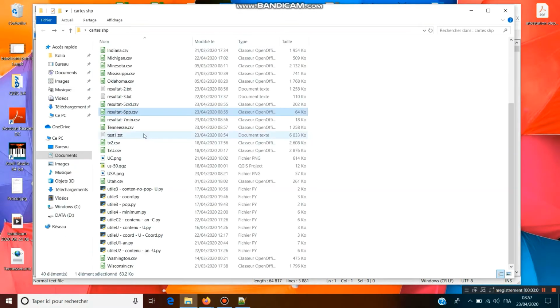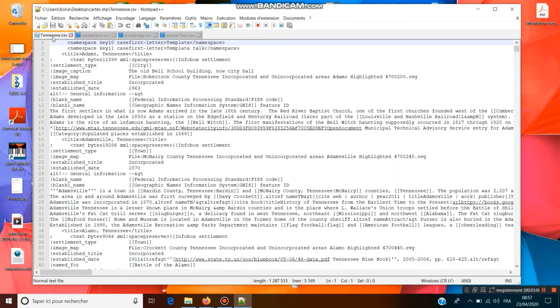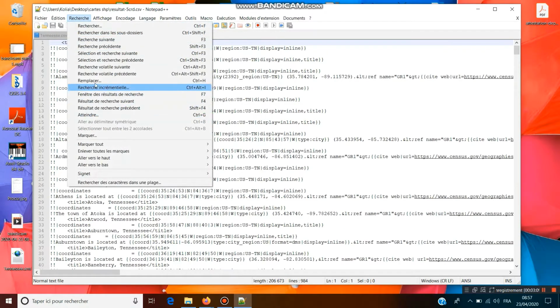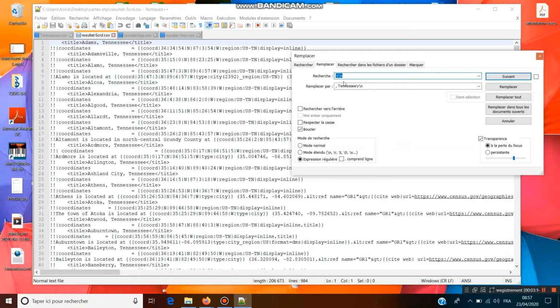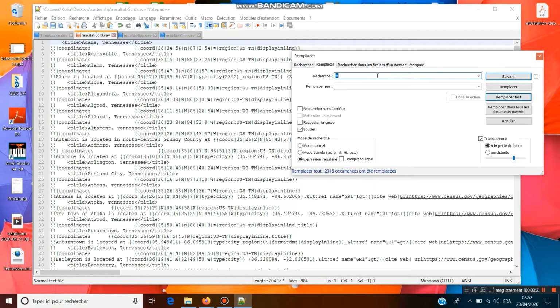We'll open all these files with the Notepad++ program that allows us to remove the carriage returns, and with the help of which we'll make our columns.